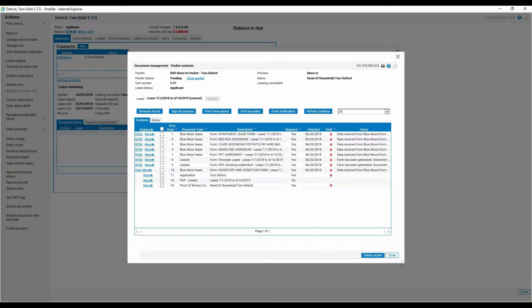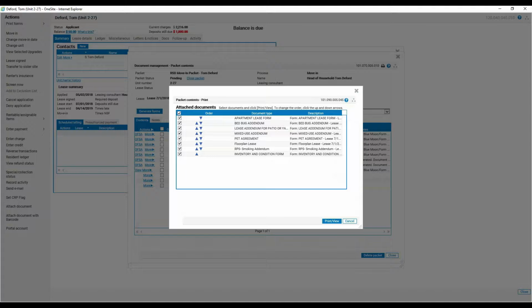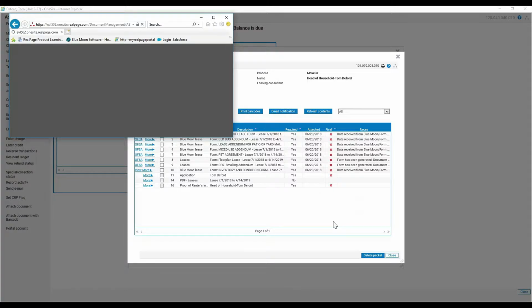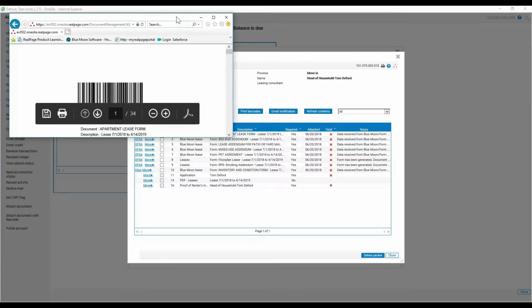Not only that, but we always want to put our best foot forward anytime we put documents or legally binding contracts in our residents' hands. So we always need to ensure the information is good to go before sending anything to a resident for them to review. So always click Print View. This will not automatically send it to your printer, but it will open up a PDF version of what it is that you've just generated